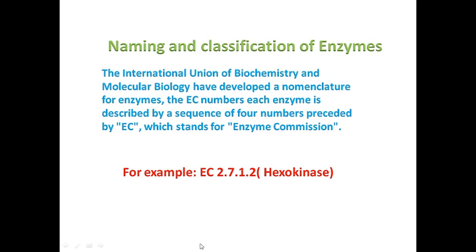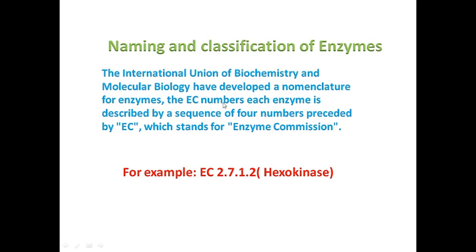Fine, so moving ahead, naming and classification of enzymes. Sometimes there's confusion, like let me tell you, ATPase. Fine, you have already heard this enzyme ATPase, ATP synthetase. ATPase is an enzyme which helps to dissociate ATP into adenosine diphosphate plus inorganic phosphate. And ATP synthetase is an enzyme which helps to bind ADP and inorganic phosphate to form adenosine triphosphate. So there is a bit of confusion.